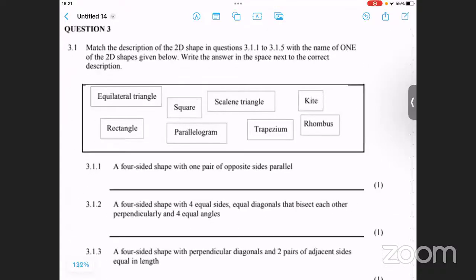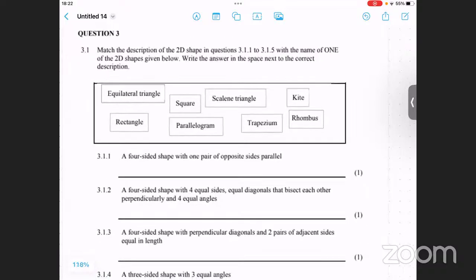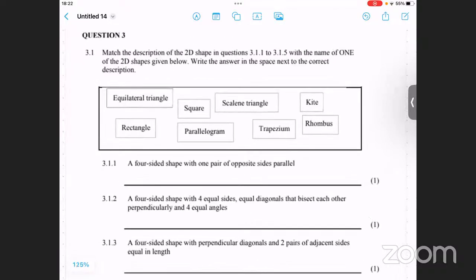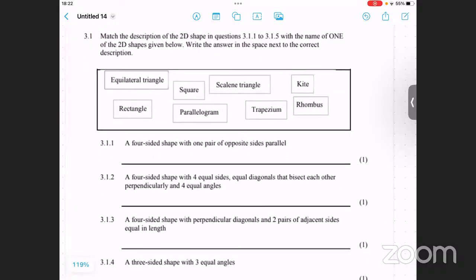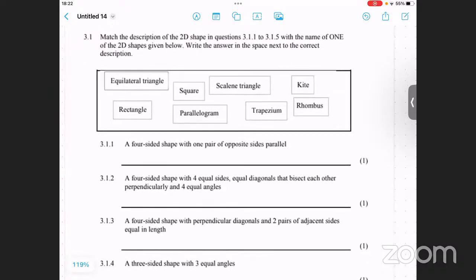Ma'am, I can see now. Oh, perfect. Okay, is everybody able to see? Yes, ma'am. Okay, cool. Let's try to complete this question 3.1 and then we'll do questions that require us to calculate